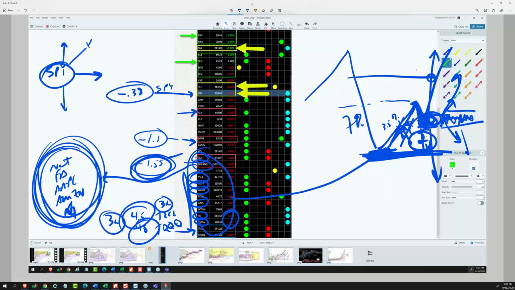I'm leaning towards XLE being better, XLB being slightly better. Tech was worse. I'm trying to remember where XLF was. I think XLF was probably up in here. So tech was worst, then basic materials, then finance, and then energy. So that's my tentative frame of reference, my scaffolding going into tomorrow's trade.